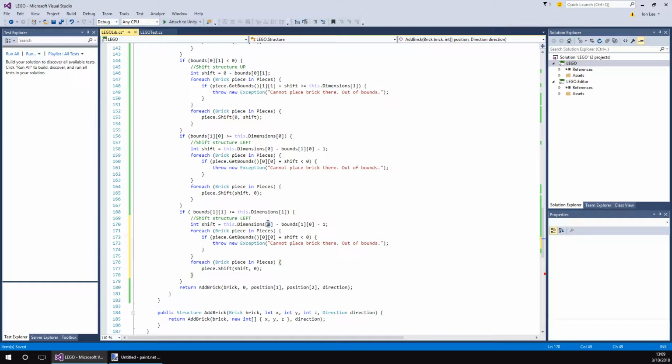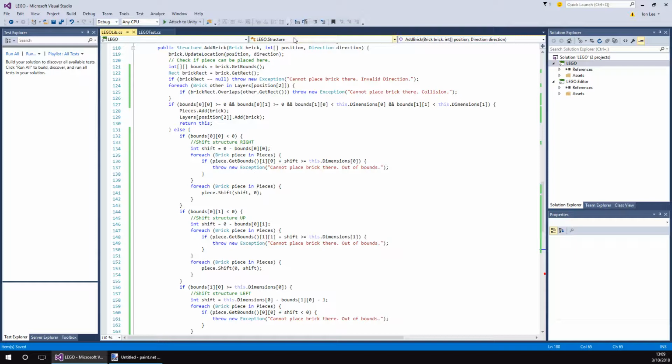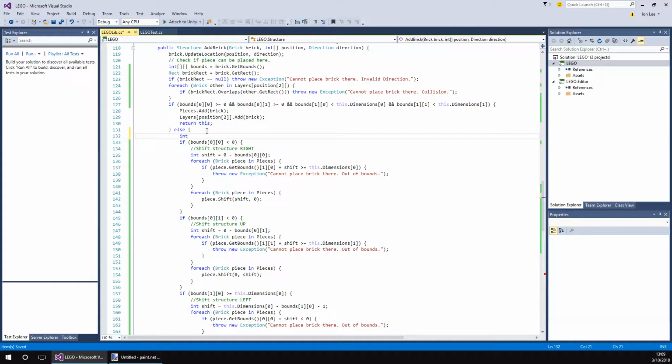Come down here, do the same thing for the y's. Y shift. Oh, shoot. Now, here's the issue. Now, all these shifts are different, so I have to account for that when I'm actually adding the brick. So I think I just need to update the position, or I'll just do this. Int new position, or no, int array. New position equals new int. If I do dot position, or if I just do equals position,